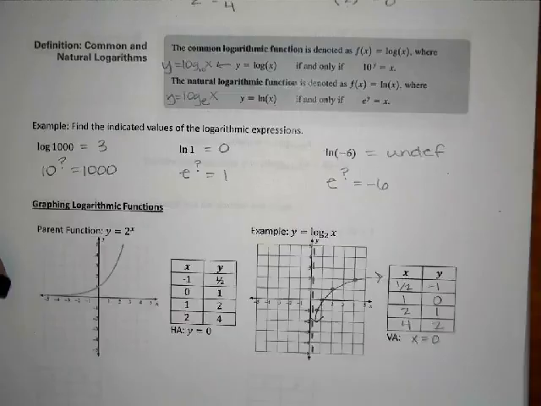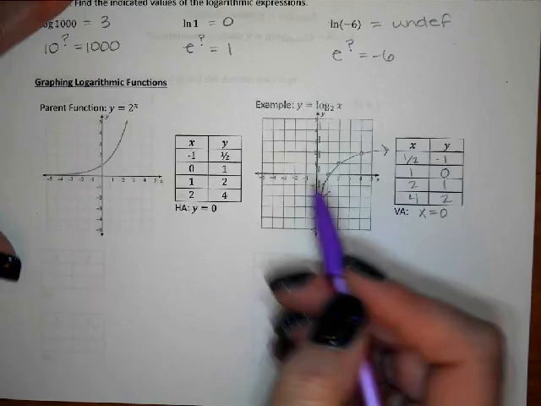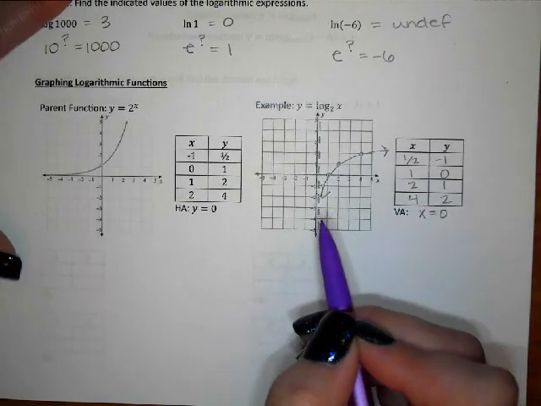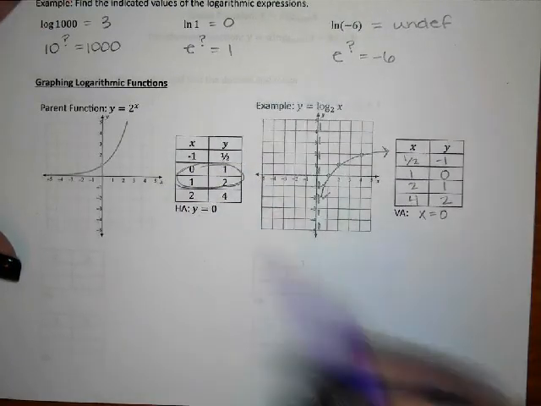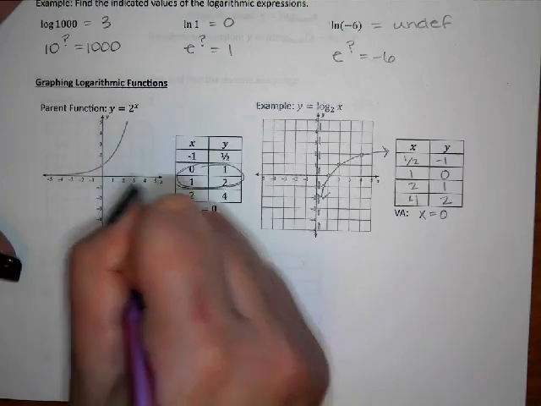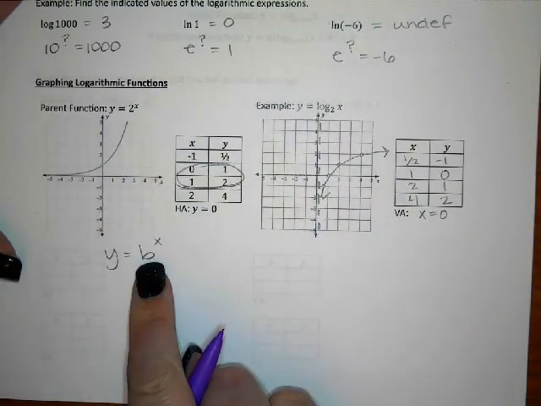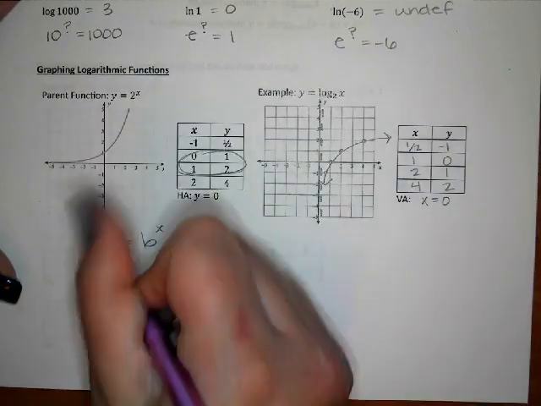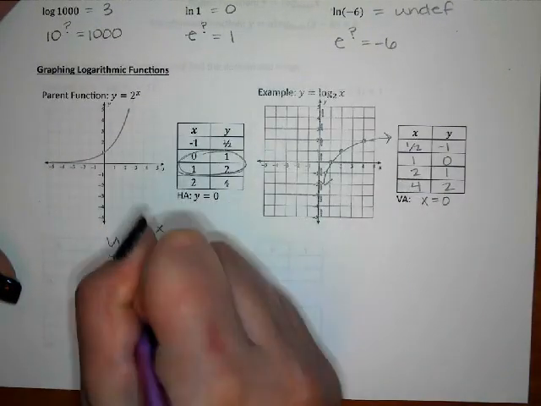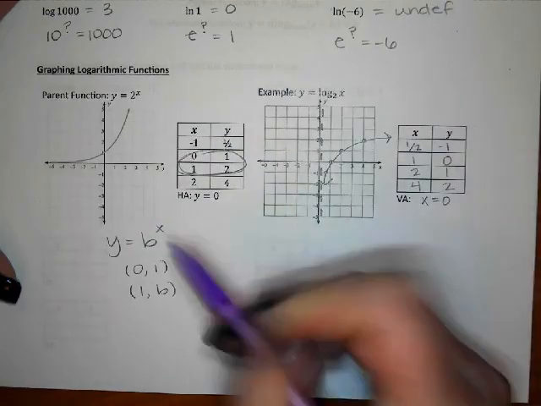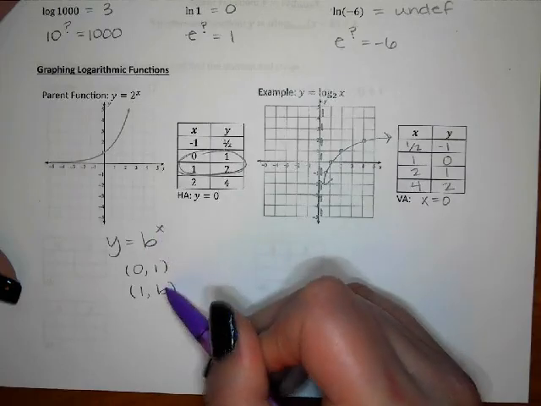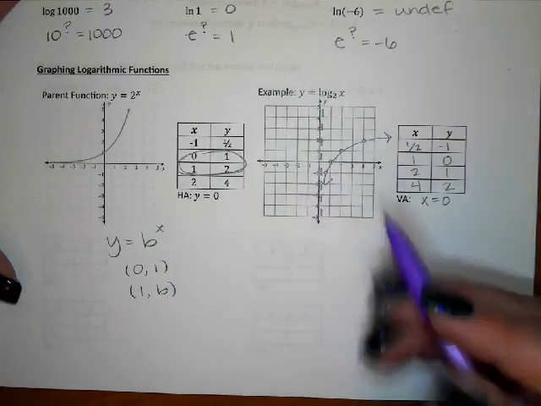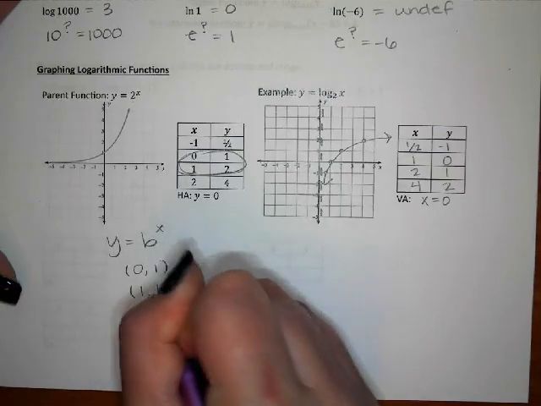All right, so we talked about it briefly in the previous video, but when you're graphing an exponential function, you only really need these 2 points and the horizontal asymptote. So if you have y equals b to the x, where b is the base of the exponent, then the 2 points that you need are (0, 1) and (1, b). Whatever the base is, that's what that number is going to be. So if it's 2 to the x, you're going to have 2. If it's 5 to the x, you're going to have 5. If it's 1/2 to the x, you're going to have 1/2. And then you're always going to have that horizontal asymptote y equals 0, at least for the parent function until